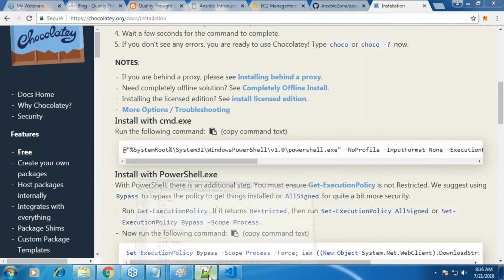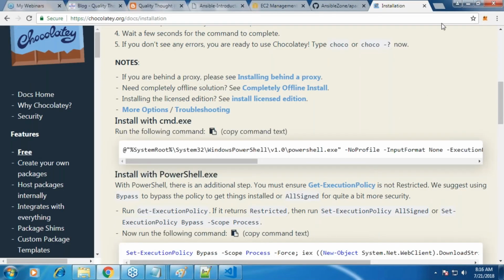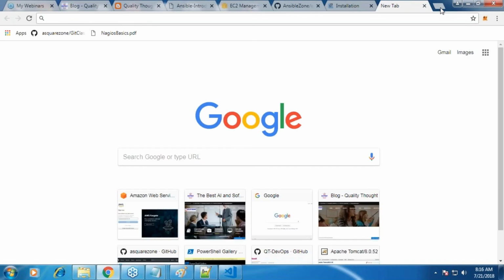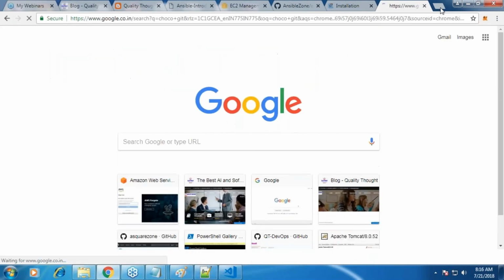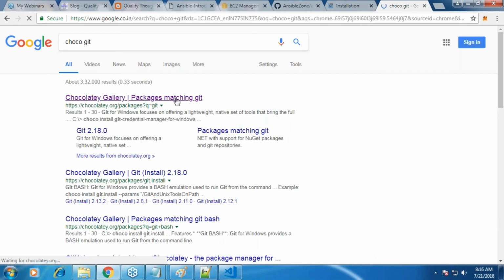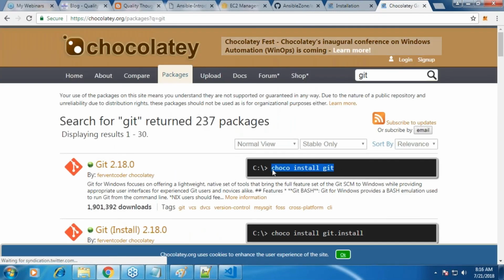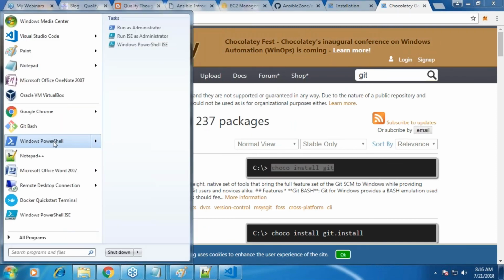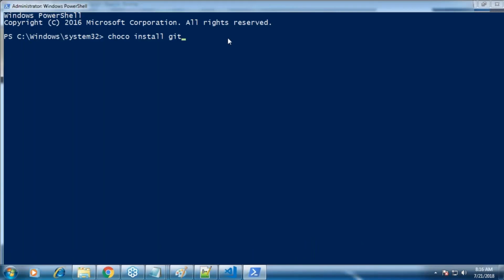And after that, what are the other 2 softwares which I have to install? Git for Windows and Visual Studio Code. So whenever you want to install any software from now on in a Windows system, just do this. Choco Git. Are you seeing this command? Yes. Copy this command. You will have PowerShell on your system. Right click it and run it as an administrator. Just enter this.